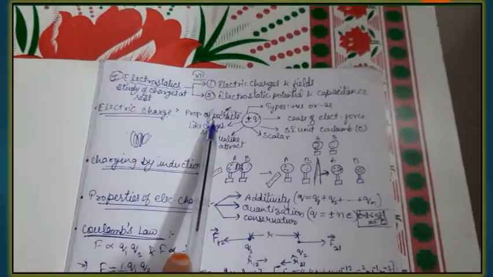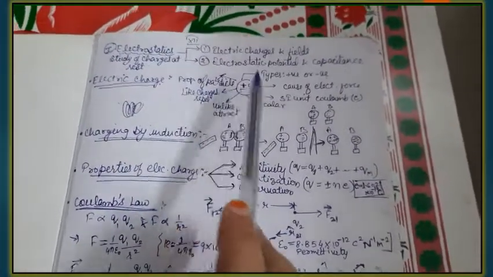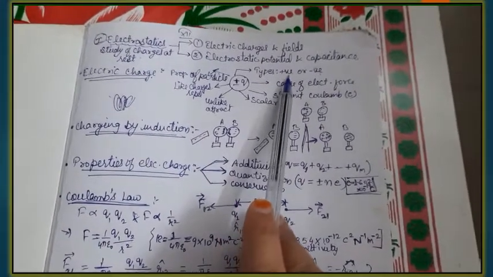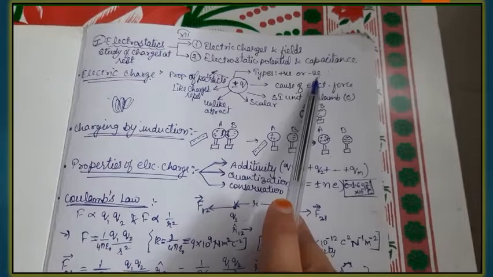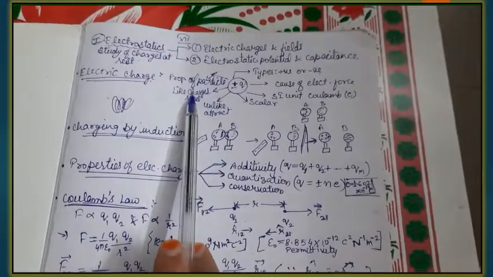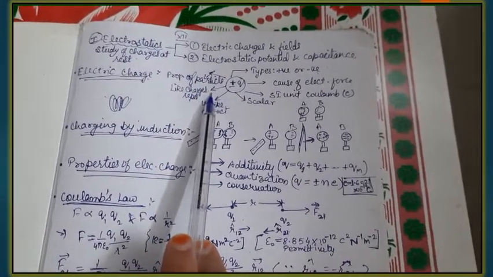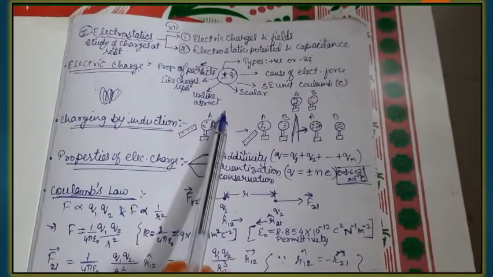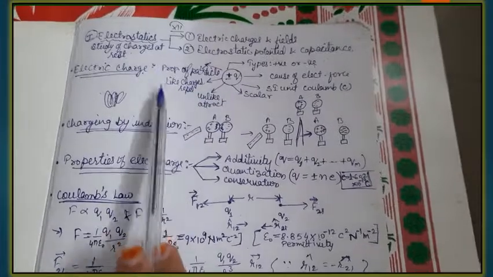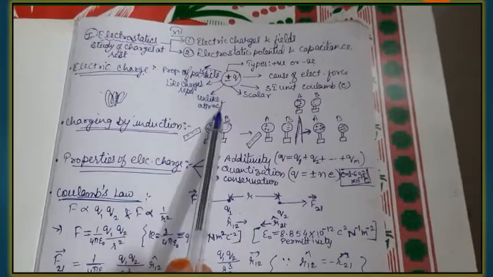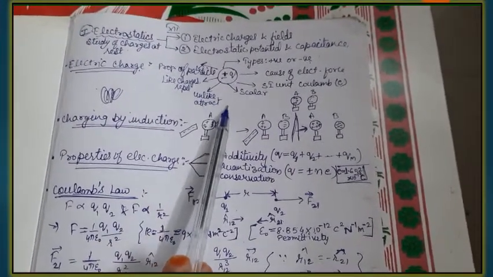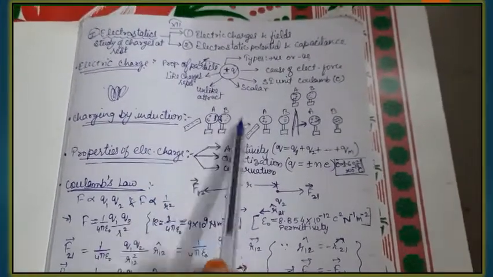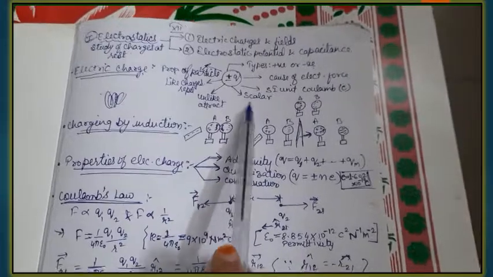Now, what is an electric charge? Electric charge is the property of a particle. It forms an entity, actually, two types of entities. It can be positive charge or negative charge. Now, the nature of charges is such that like charges always repel each other, while unlike charges always attract each other. That means similar charges repel while opposite charges attract each other. You are well aware of this concept since class 10th. There also you have studied about this property of charges.